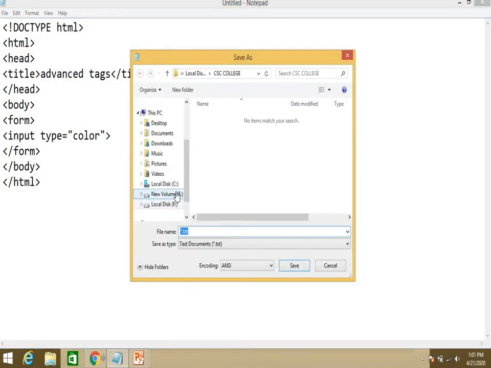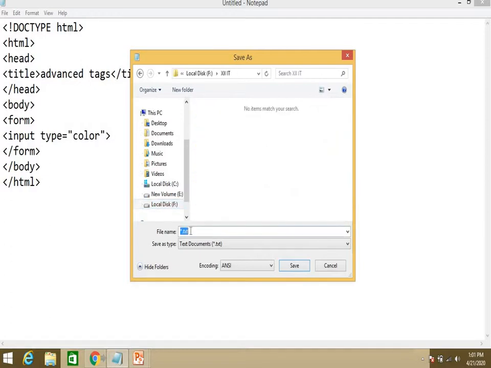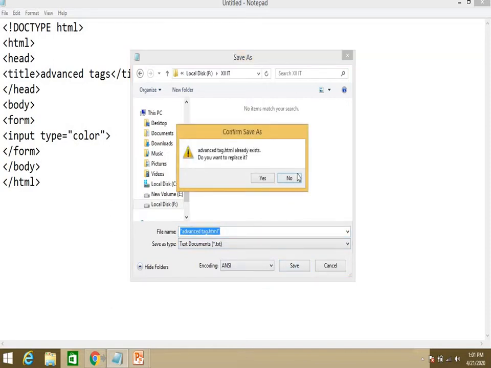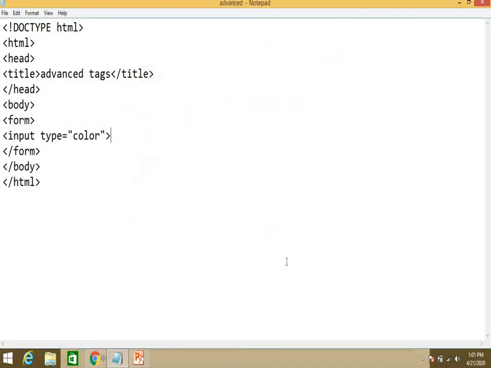I am saving this in 12th IT, in that, advanced tag dot HTML. Save it with any name, but the extension should be dot HTML. You just give it advanced.html. So save this with advanced.html.